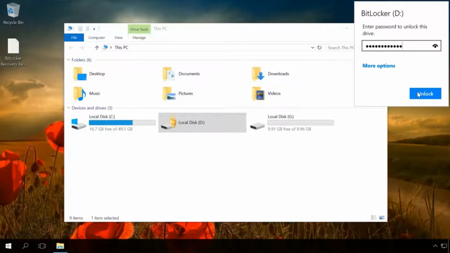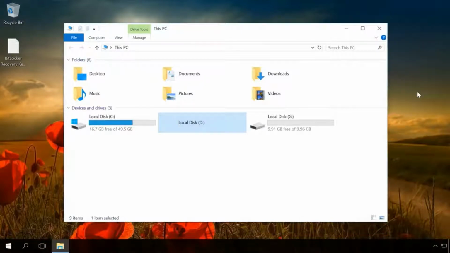After the disk is unlocked, all files it contains will be available for use. The disk will be locked again